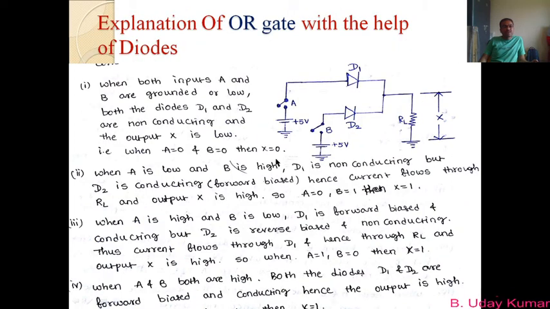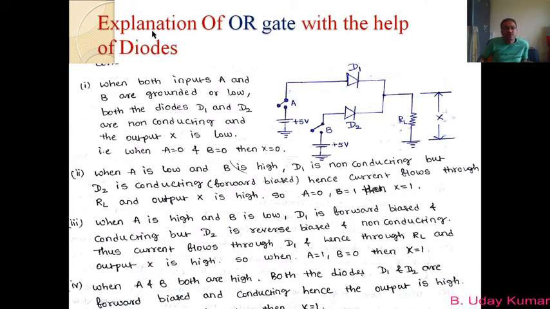We just move on to our next topic. You know what is an OR gate, right? OR gate is the gate whose output is maximum when any or both the inputs are maximum. So this is an OR gate. That operation can be understood with the help of diodes. This is what I told in our previous videos. In our previous videos I told you that we will try to understand the working of OR gate with the help of diodes or transistor in our next videos. This is what I said, and we are going to deal with that topic in today's video.